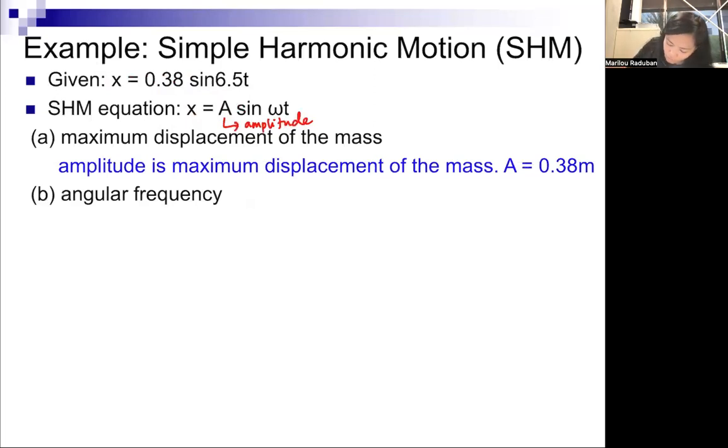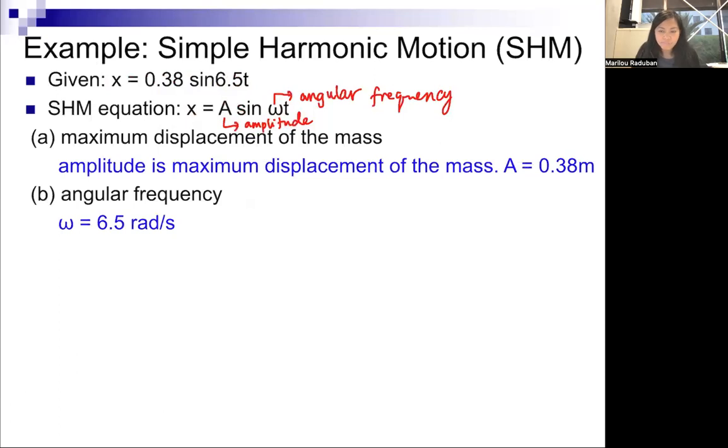Angular frequency is this omega. Yeah, good. So look at the equation, and any number that's multiplied to the time, any number that's in front of t, will be the angular frequency. So angular frequency will be 6.5